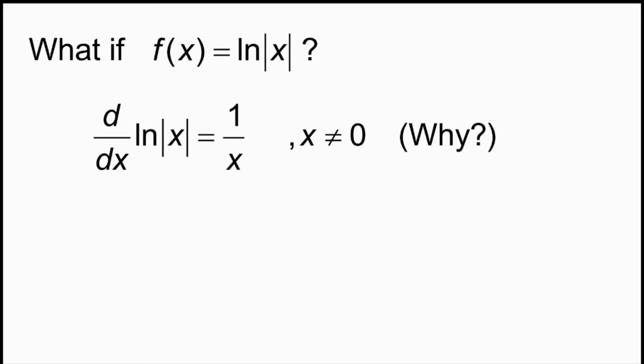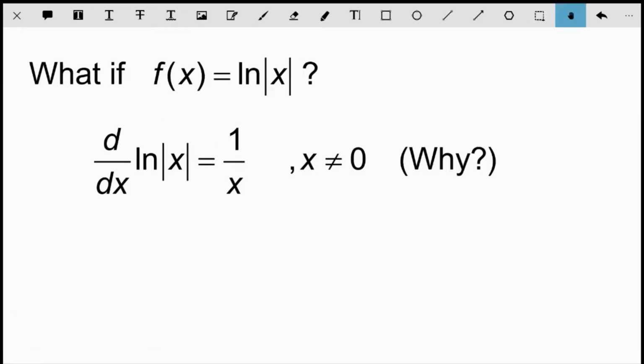And the derivative rule for the derivative of natural log of absolute value of x is actually just 1 over x. And notice that all reference to the absolute value just sort of goes away. And I want to show you why that is the case. And it really has to do with some of the stuff that we've been looking at recently with absolute value